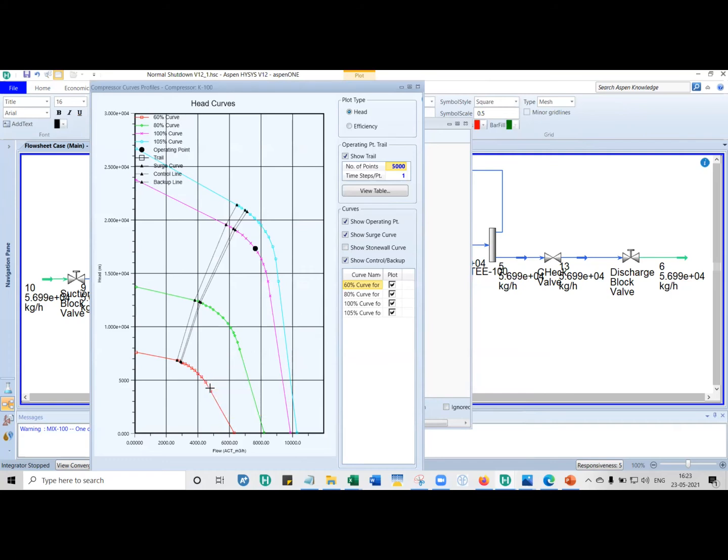But then you're doing a simulation in HYSYS, and what HYSYS does is, as it keeps moving inside the envelope, it will keep interpolating between each point when it does a calculation. But let's say the point came somewhere here. HYSYS does not know what to do. So what we do is that we simply add some points here.